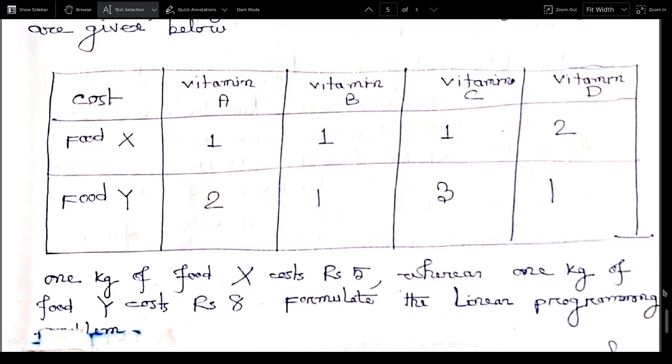Formulation of the linear programming problem and graphical method and short type questions. I shall take one exam on